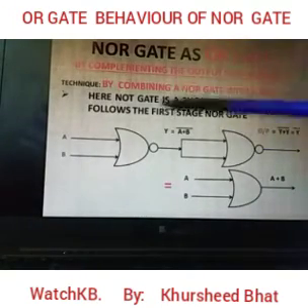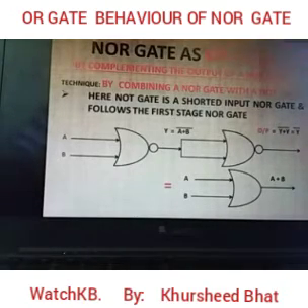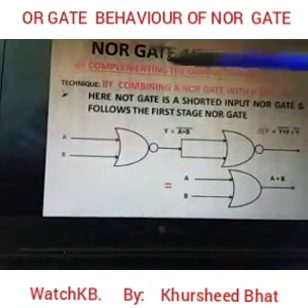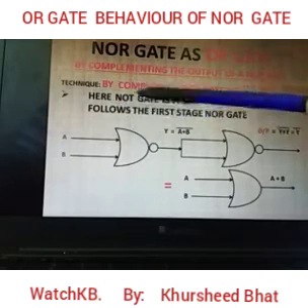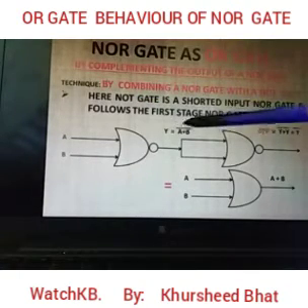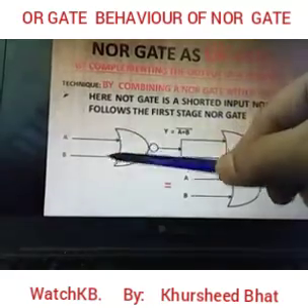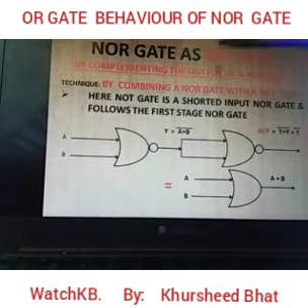Now, in order to achieve the OR gate behavior, our output should be simply A plus B, not its complement. Try to understand what I mean to say. In order to get OR gate behavior from a NOR gate, our output should be, instead of complement of A plus B, simply A plus B, the sum of the inputs. That is exactly what an OR gate provides to us.